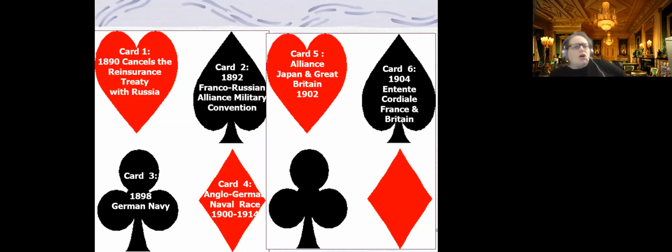The sixth card in this thing is what is known as the Entente Cordiale in 1904. What happens is, once again, in a drawing room like the one you see behind me, the British and the French decide, Germany's becoming a bit of an issue. We're going to sit down, and we're going to talk, and we're going to solve all of the outlying problems. And Britain had a lot of clashes with France in the process of the two of them building empires.